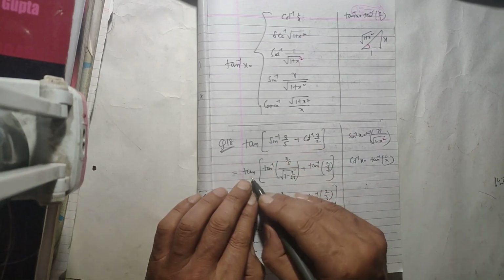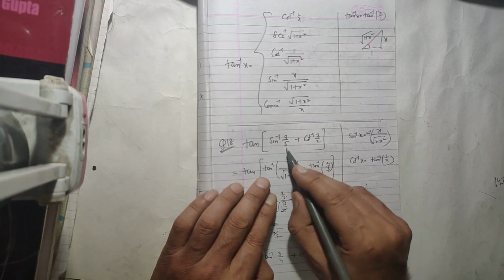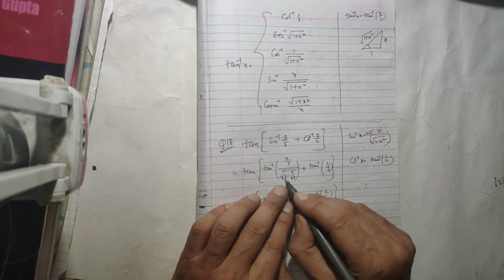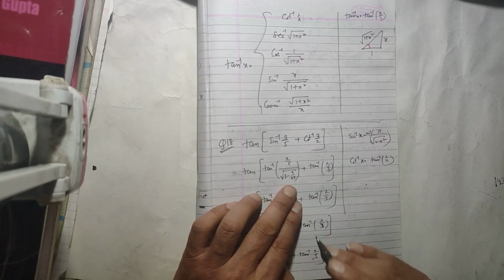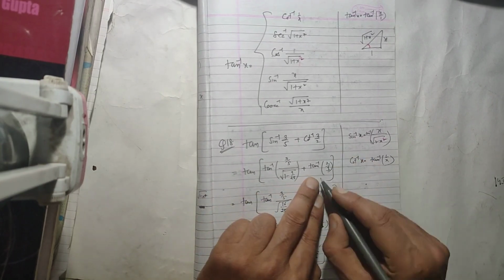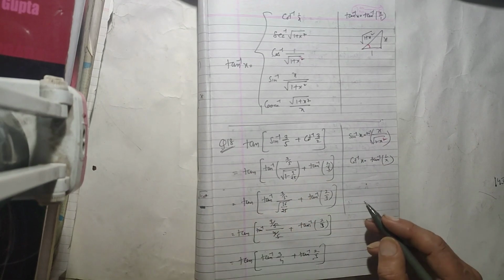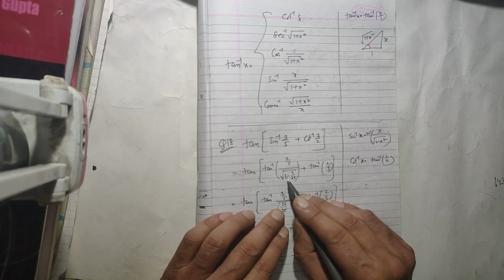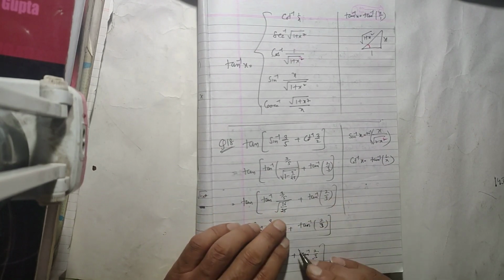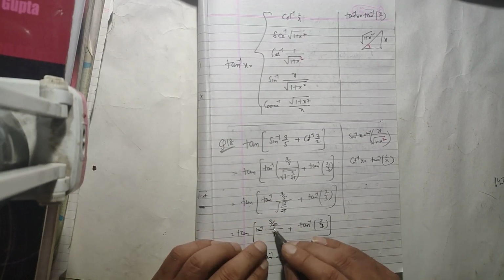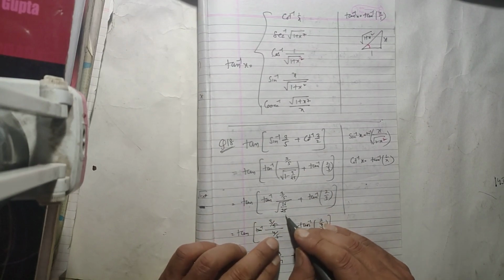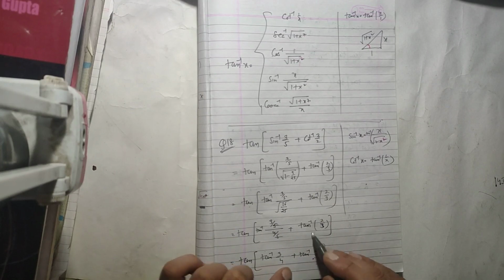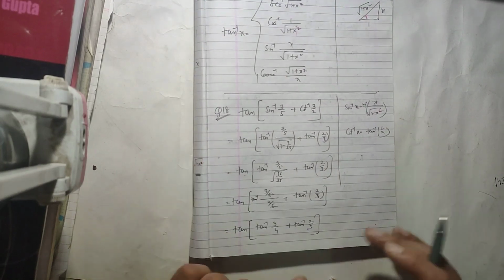So therefore it can be written as tangent of sine inverse, can be written as tangent inverse of, instead of x we can write 3 by 5 divided by root of 1 minus x square, meaning 9 by 25, plus cotangent inverse 3 by 2 can be written as tangent inverse 2 by 3. Further, tangent of tangent inverse 3 by 5, now here 25 into 1, 25 minus 9 it becomes 16, 16 over 25, plus the second term is same. Now tangent inverse 3 by 5, root of 16 is 4, root of 25 is 5, 5 and 5 cancel, we get tangent inverse of 3 by 4 plus tangent inverse of 2 by 3.